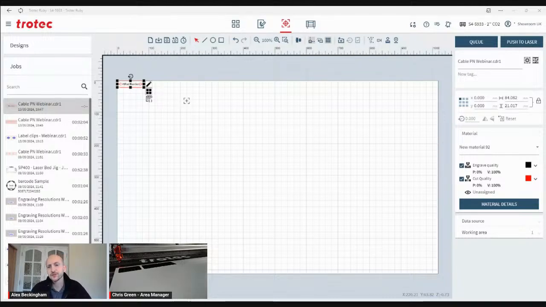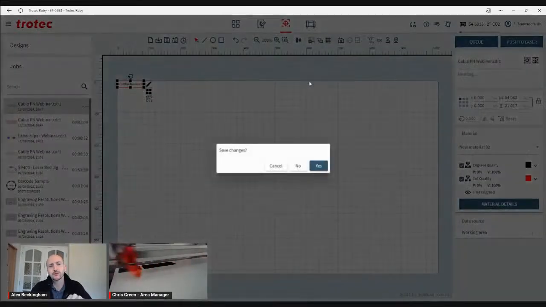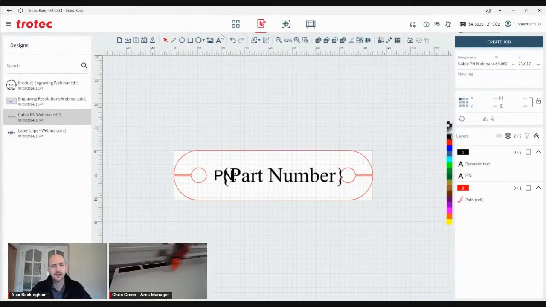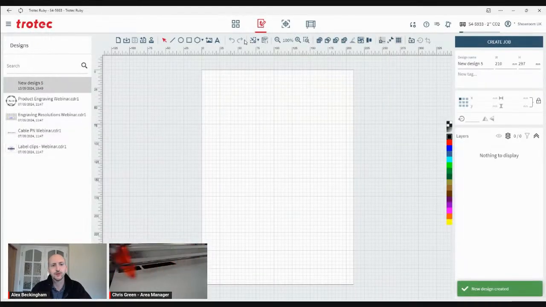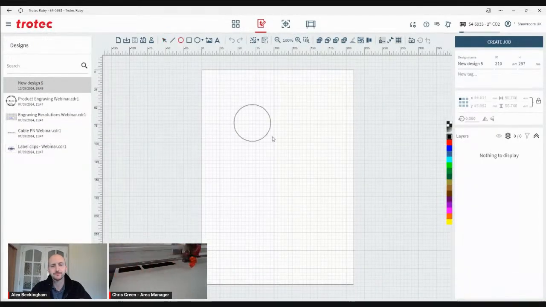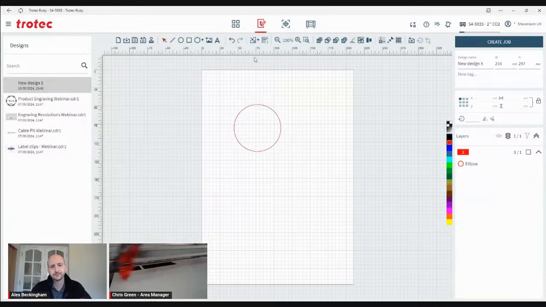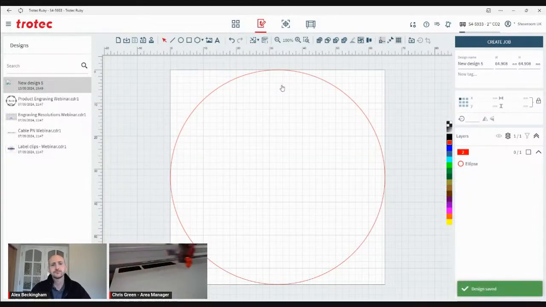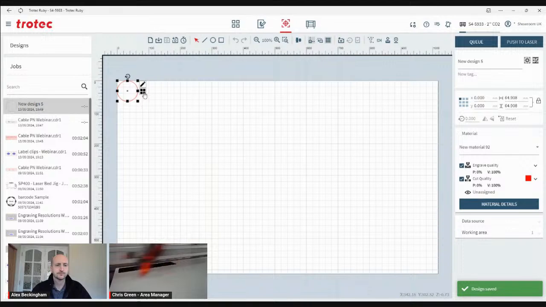And the other thing you can do as well is you can control the offset of each row. So if you're working with a shape like a circle, you can have a different offset on each row to really help nest those in and make best use of the material that you've got on your bed as well. So we just created a circle there, random size, create the job, and let's just say if